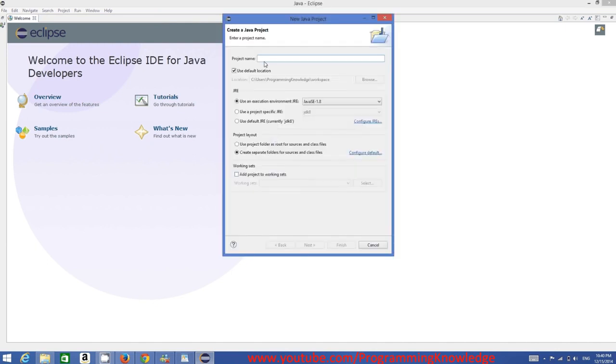and in here in project name you just need to give the name to your project. For example, my first project. Okay, and just for simplicity, you always give your name to your project in camel case, starting with the capital letter for each word. So in MyFirstProject, M is capital, F is capital, P is capital, so it's called camel case. So it's convention to give names like this,